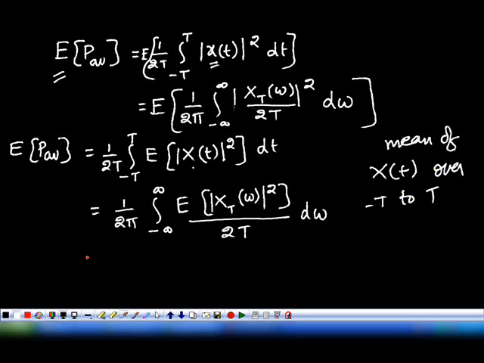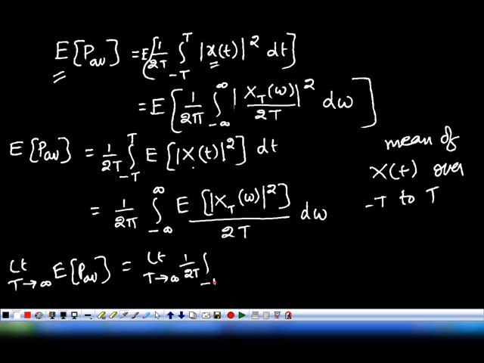Understood? Then how can you obtain the mean value over the entire interval? For that you simply let t tend to infinity. Then limit t tends to infinity. So the expectation of P average is equivalent to limit t tends to infinity of 1 by 2t, integral from minus t to plus t, of the expectation of